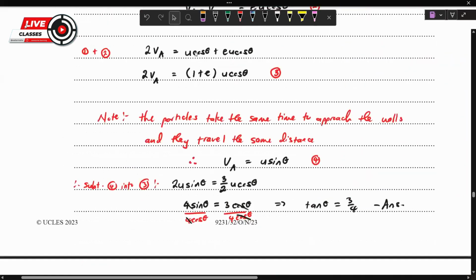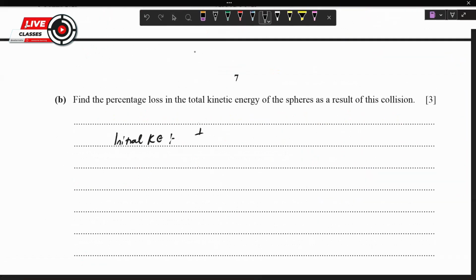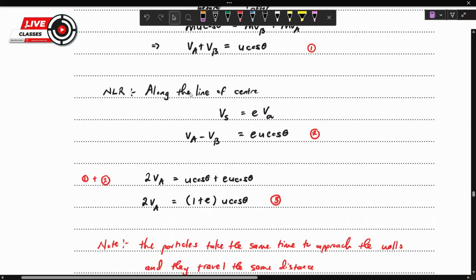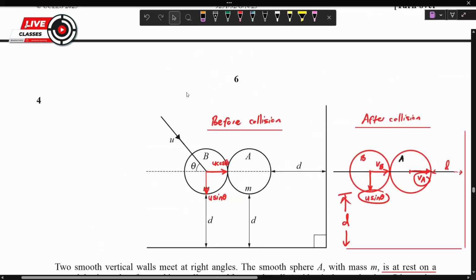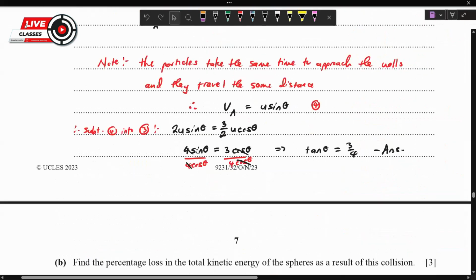So its kinetic energy is half mu squared. Let's also look at the final kinetic energy. That's after collision now. And after collision, we can see that particle A here was moving with the speed VA. So that's half m VA squared